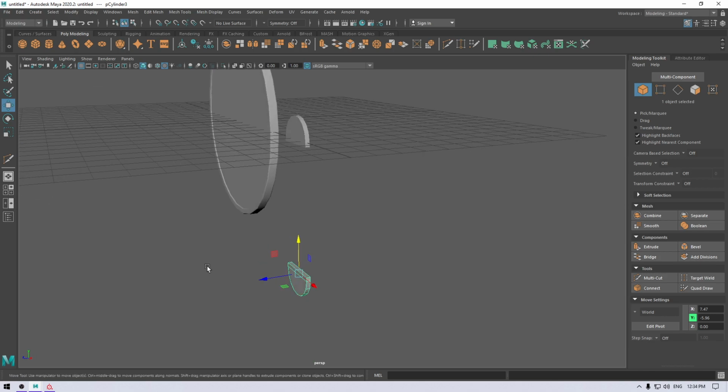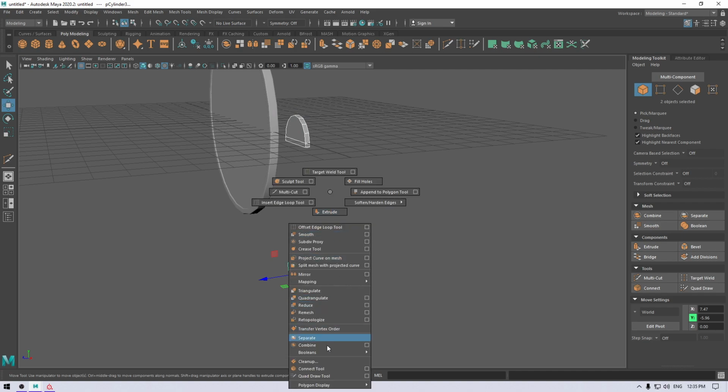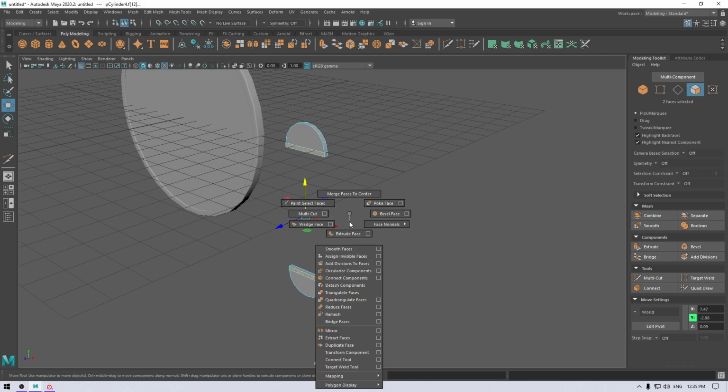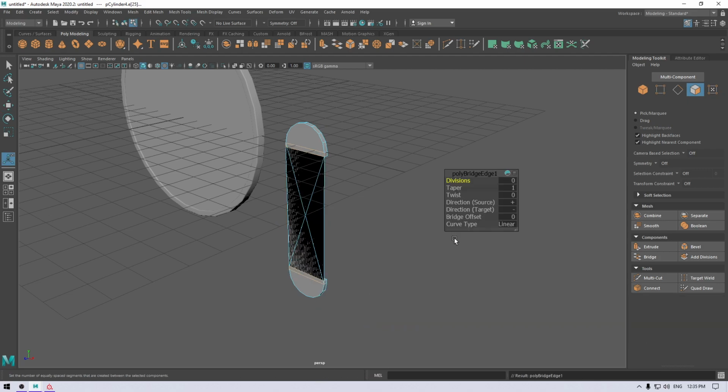To create the curve part of the belt, select both of these objects and combine. Now select these faces and bridge faces. Keep the curve type to blend and increase the subdivision.